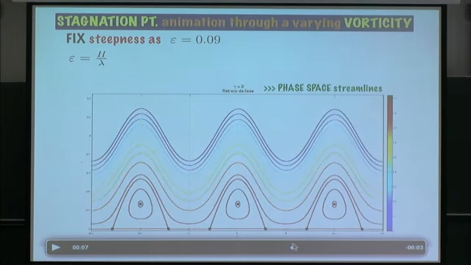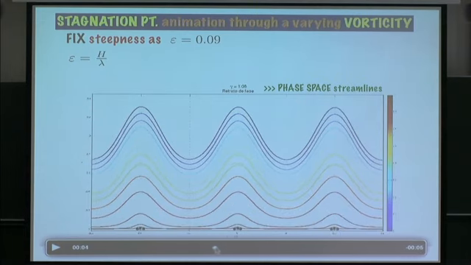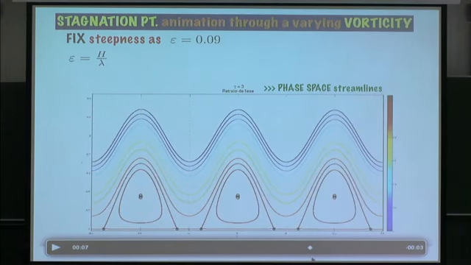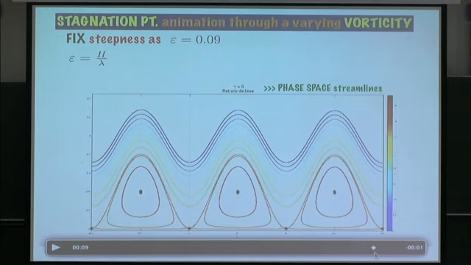So here, basically, we have 3 stagnation points. 3, 1, and at the end, when it hits the boundary of the periodic cell, we basically say that we have 2 stagnation points because the 2 saddles are basically the 1, right? So then we have our phase space streamlines and this animation with vorticity with a fixed